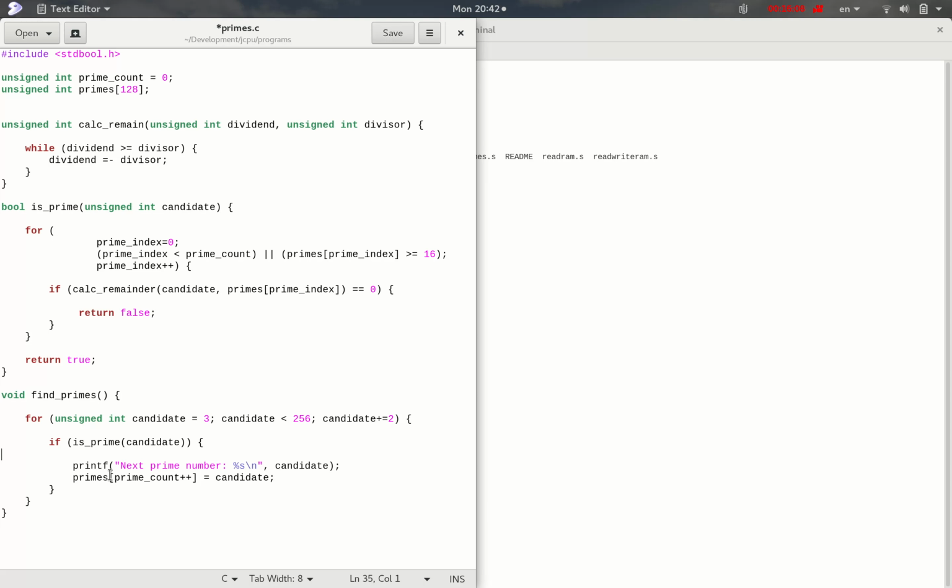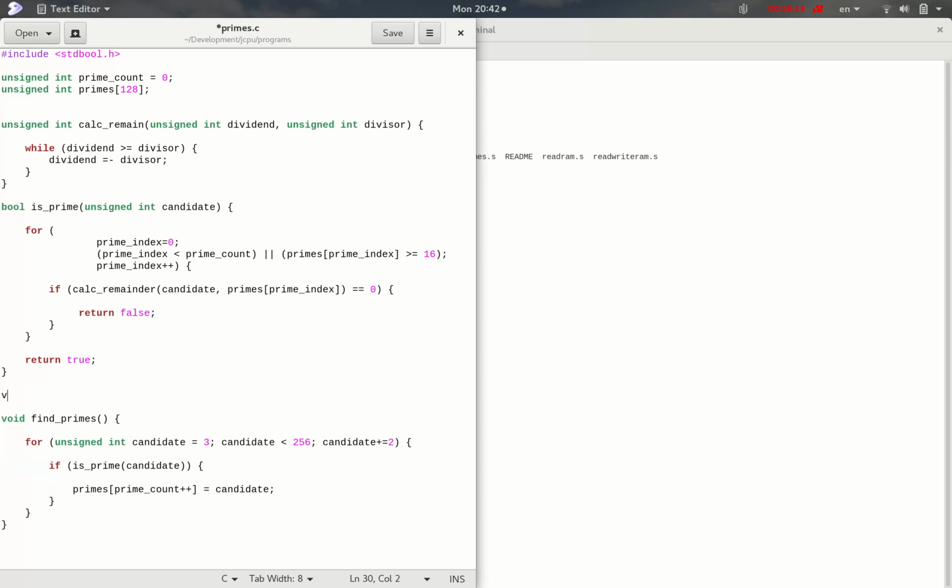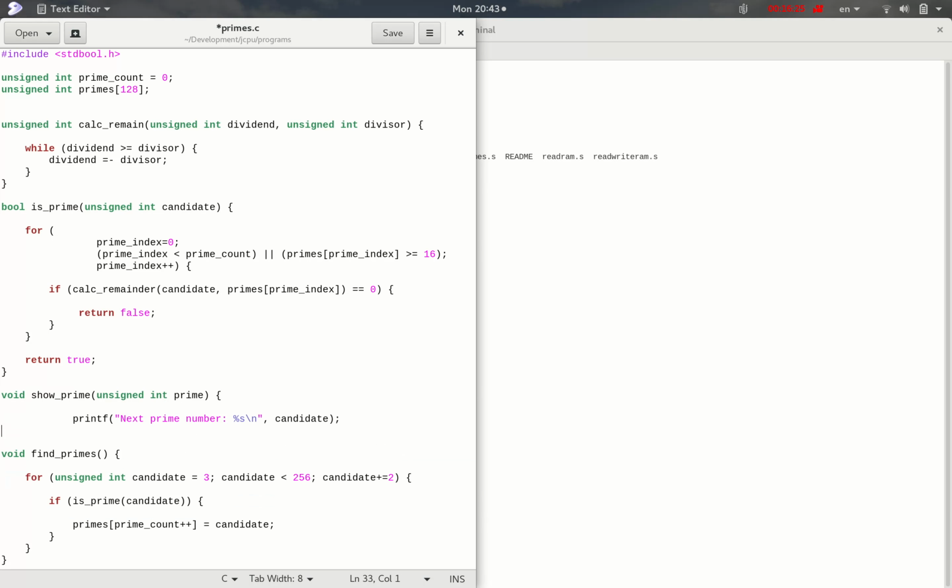So let me put that out in some auxiliary function. Let's call that show prime, something like that. Unsigned int prime. There we go. We've called it prime because it's no longer a candidate. We know that it is a prime number, and the reason will be clear in just a moment. So we'll be announcing that we have found this prime number. So we'll do a show prime of the candidate,